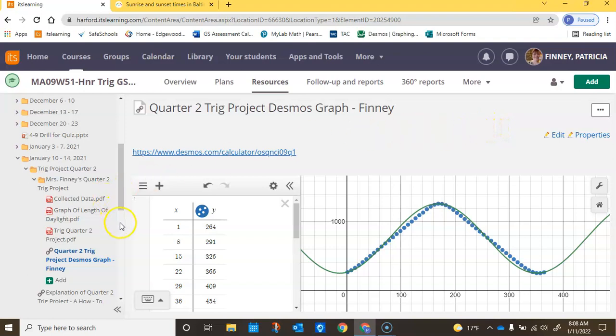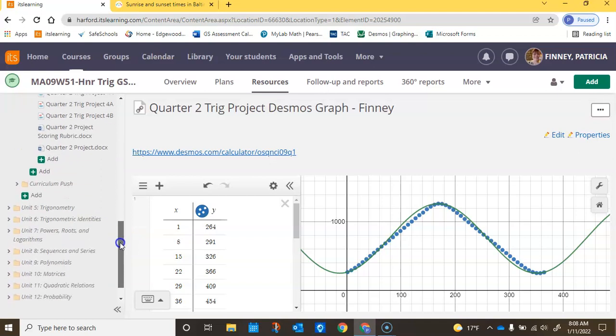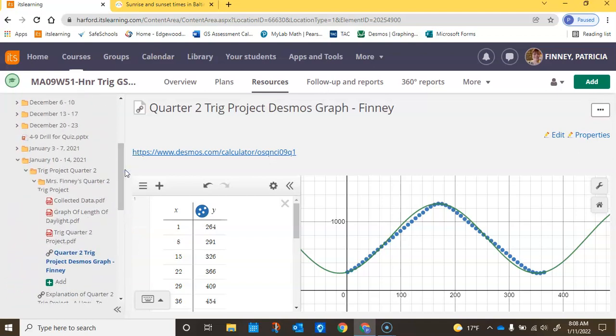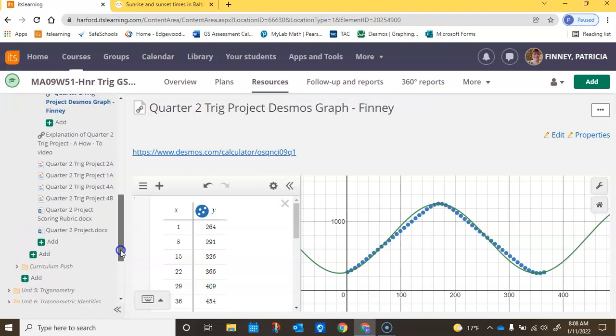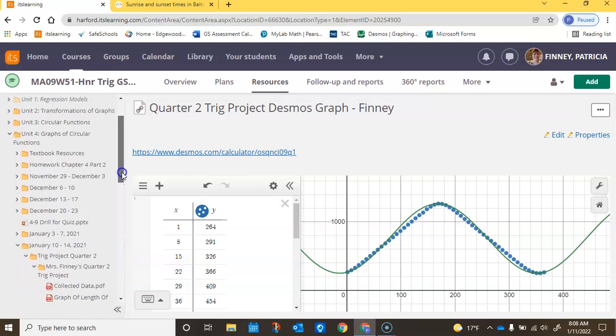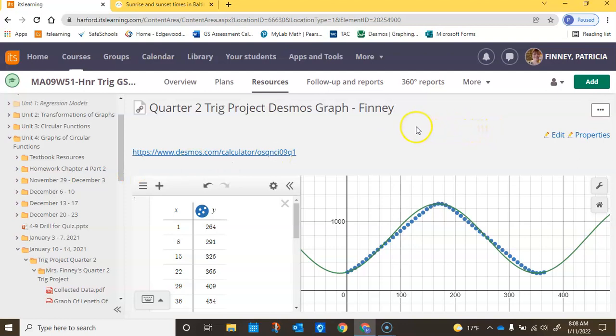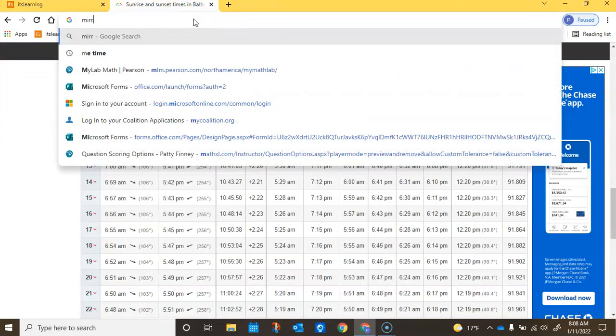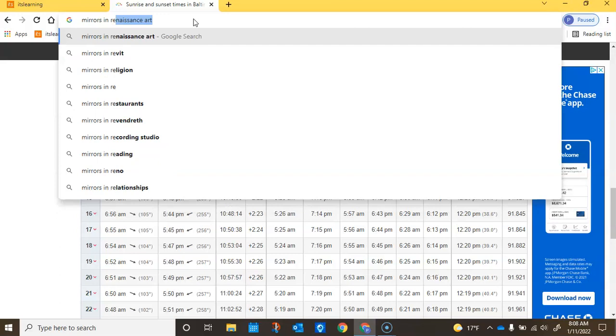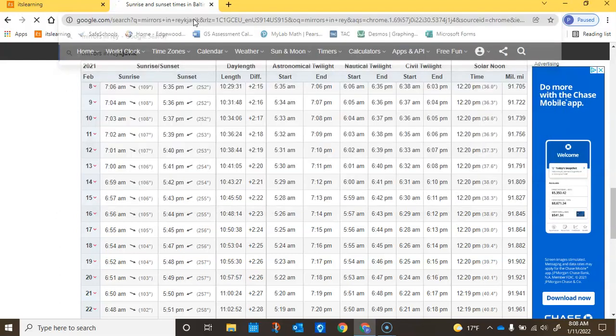Now, if you are a GS class, I already explained everything to you. But if you're a GS class, now what you're going to do is you're going to look up the city that you studied, and you're going to find out how they use that length of day for their economy, how the length of day impacts them. So one of the things I knew about Reykjavik